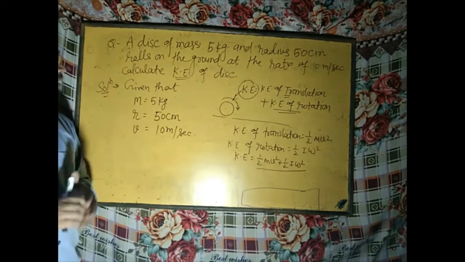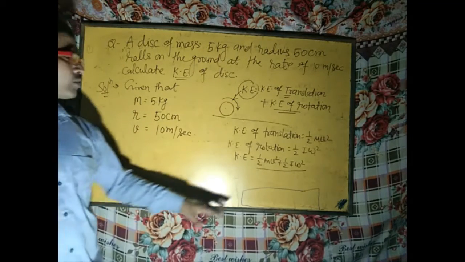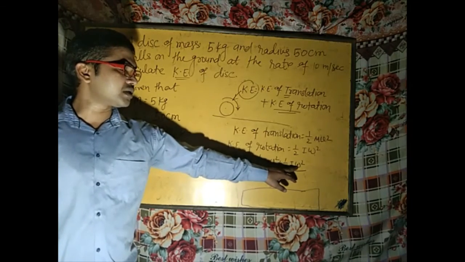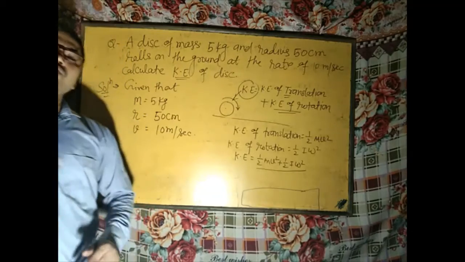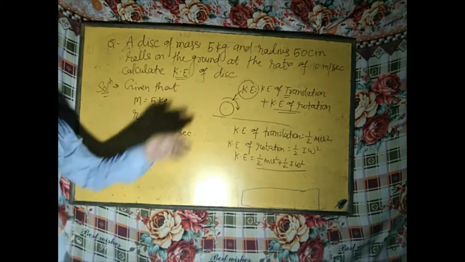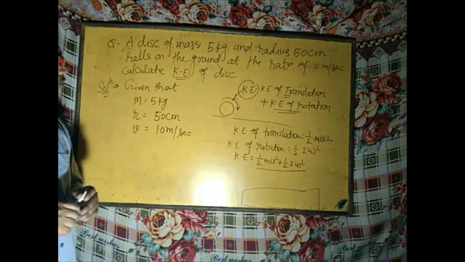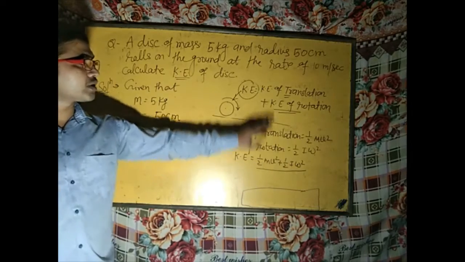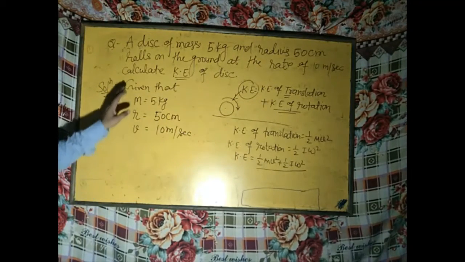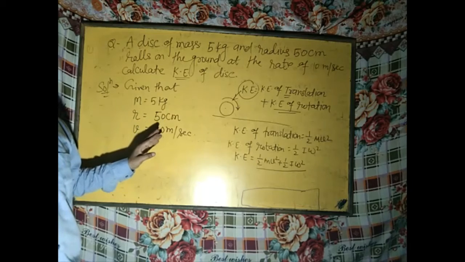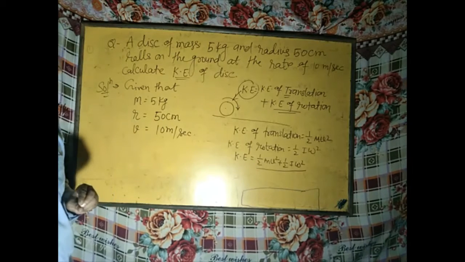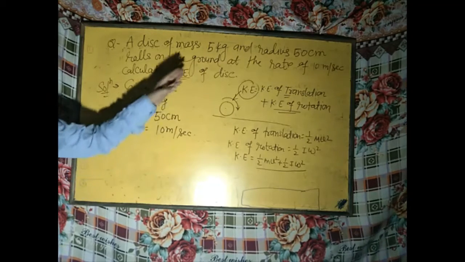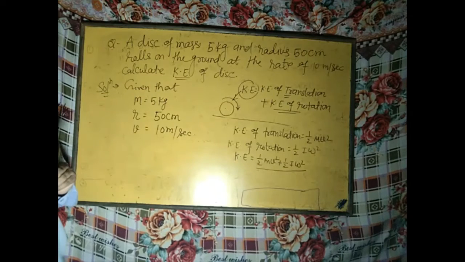Students, most of you have an idea about these things, how you can calculate the moment of inertia of this system and angular velocity of this system. So if you want, you can try to solve the question by yourself. Okay, before I calculate half mv square, I am going to erase these things. So you should write these things in your copy. So try to note it down. Okay, I am giving you some time, or you can pause your video and note down the things.